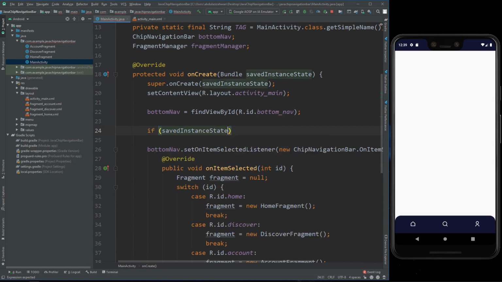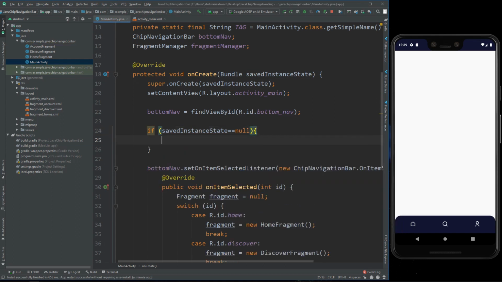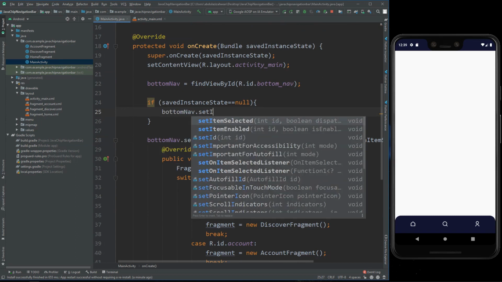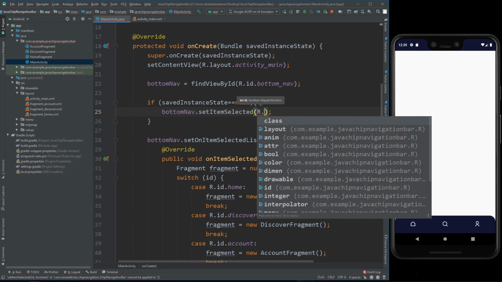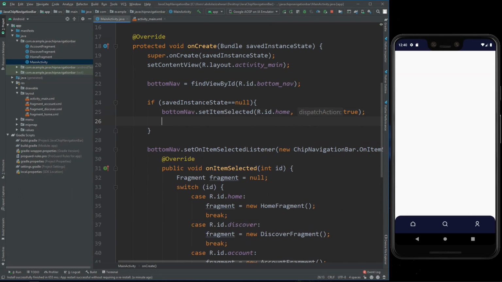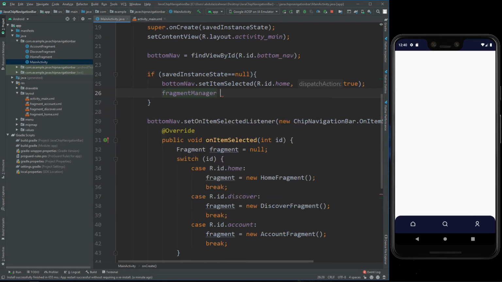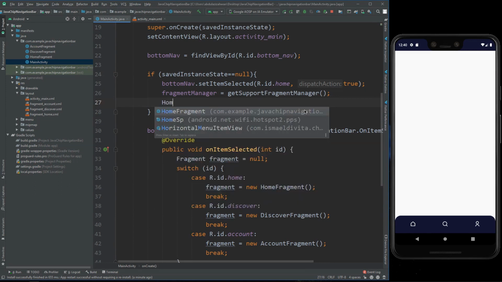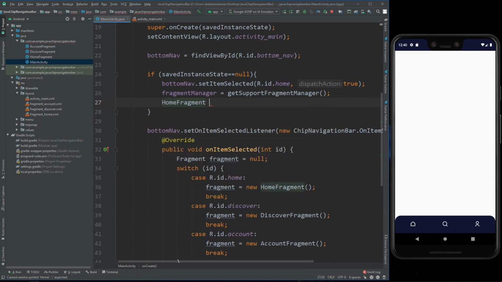So we say savedInstanceState. Alright, and we say bottomNav, and we set item selected here, and we call based on the ID. And the next step is we say getSupportFragmentManager again, and we call our fragment that we want to set to be the first fragment shown in the first time.